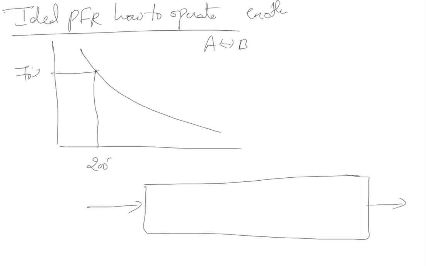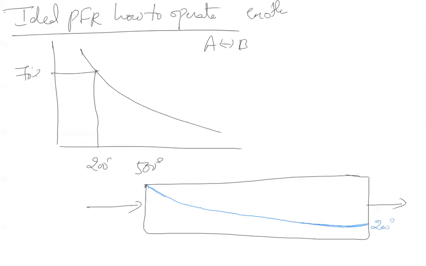Not required, no? So I'll start with, let's say, maybe 500. Why am I starting with 500? Because my rate of reaction is high. Suppose I continue with 500, then what happens? Should you reach 70% conversion? No. So you start with 500 and then slowly decrease the temperature, and finally reach 200 degrees.